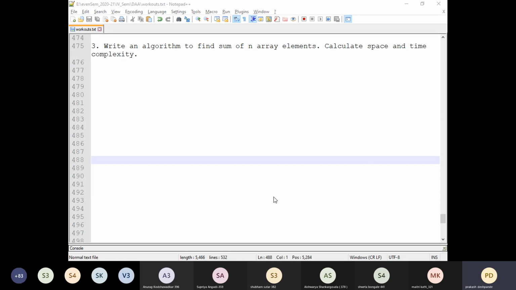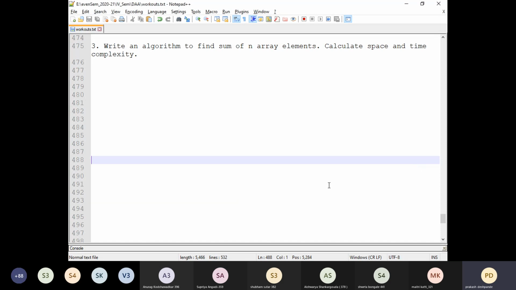Among these three different time computations, we will look into the worst case scenarios because we want to understand what is the maximum time a particular algorithm can take, okay, in order to solve a given problem for a particular value of n, and that n value should be a worst case value, right? So that the algorithm can work maximum time and produce the particular solution.